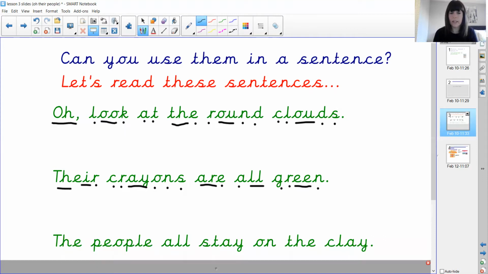So you can pause the video so that you can have a go at writing it out and putting those sound buttons on, or just visualising where those sound buttons will go. If you can pick out those tricky words as well, off you go. Okay, let's have a look. So here we start with another tricky word from phase 3, the people. Remember people, people,